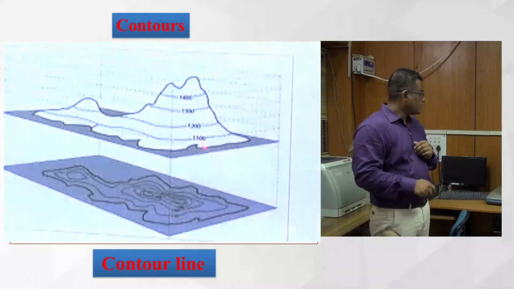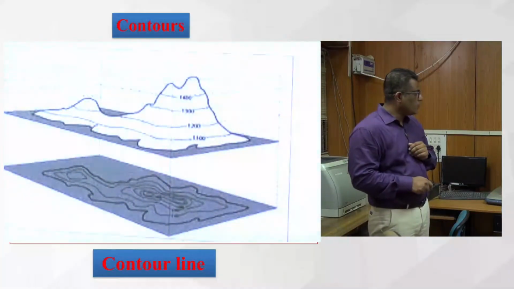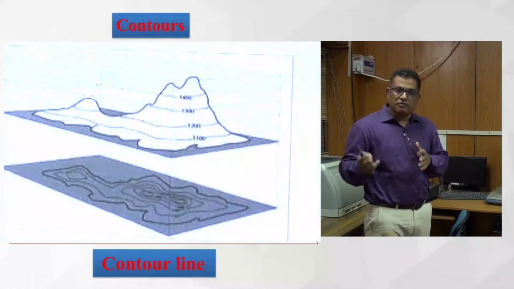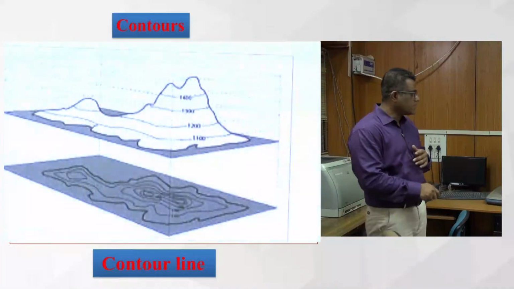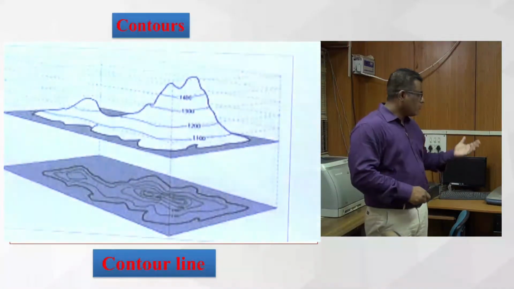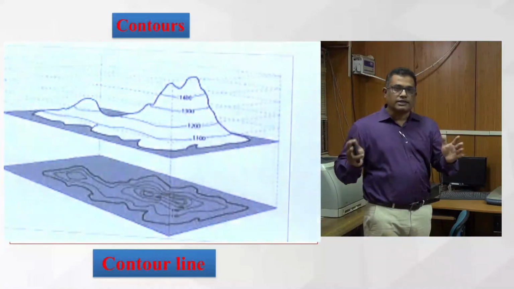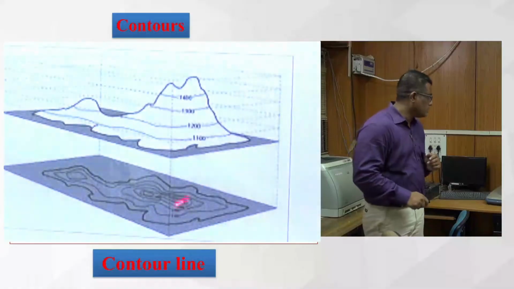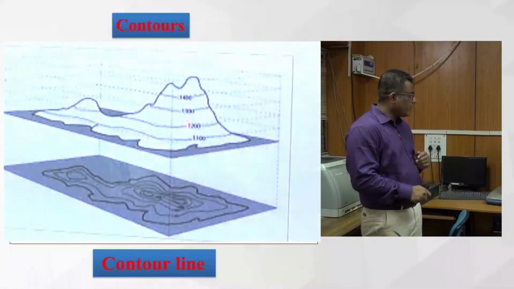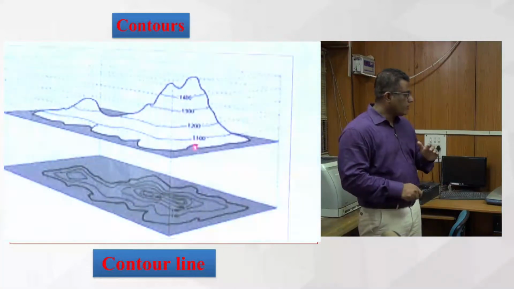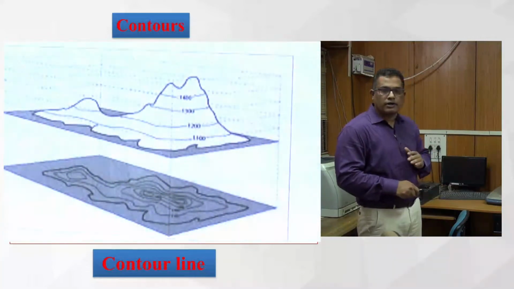Say this ranges from 1000 to 1500. So it could be 1520, it could be 1521 also at various places. But for easy understanding, we'll take the whole number, so that by a simple glimpse of it, we can understand, oh, this is the terrain of the area. So we have selected 1100, 1200, 1300 and 1400, at a 100 meter contour interval we draw